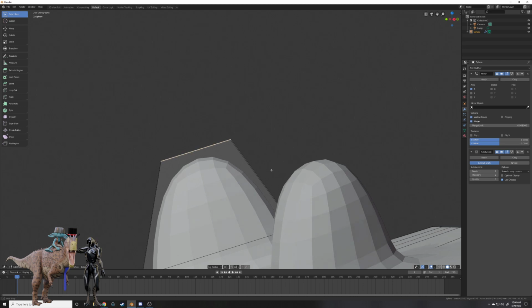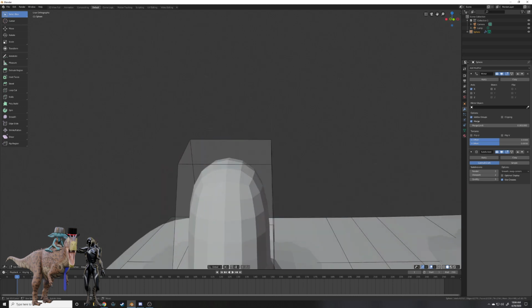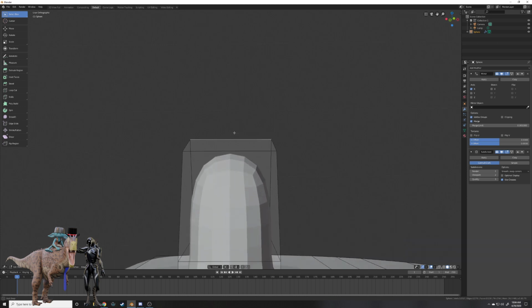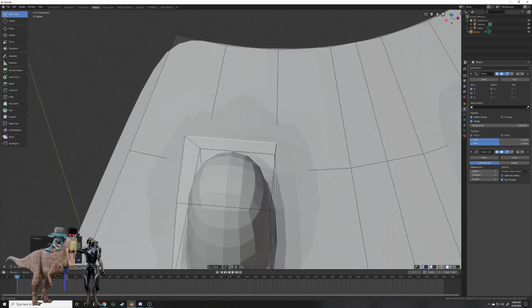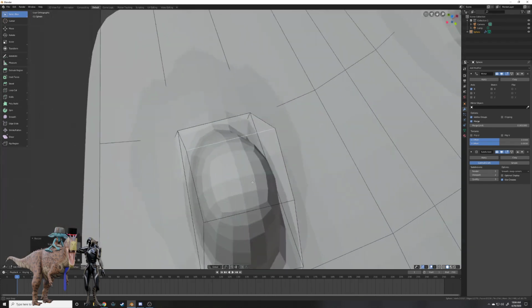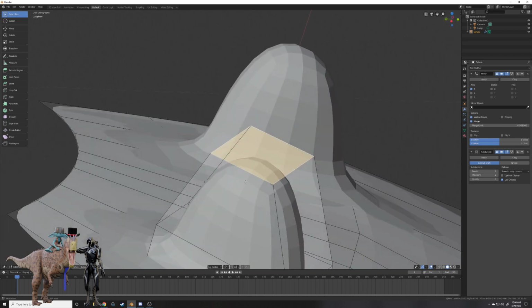Alright, so yeah, that looks pretty darn good, actually. This side could stand to be a little bit bigger. To medium point, there you go. Alright, so that's pretty much a square. Angles are off a little bit, but I'm fine with that. Alright, so